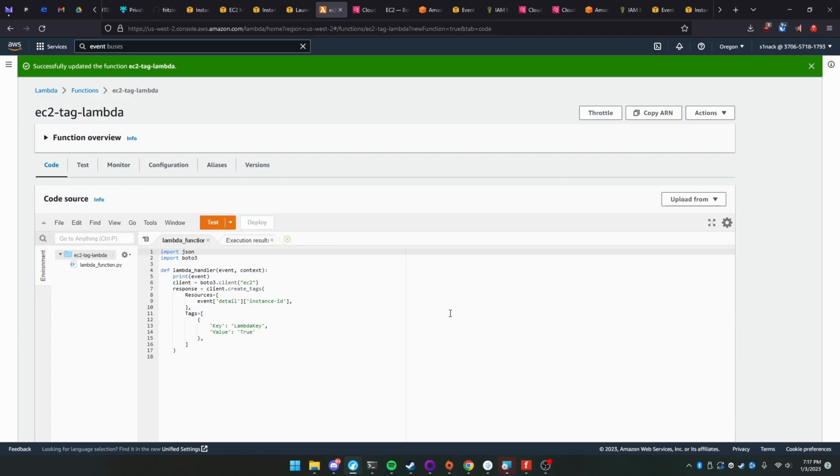Since I was a little limited on time, I couldn't go into a more in-depth discussion of how else to execute it. But yeah, this is just one way to trigger Lambdas. It's probably one of the most common ways, but it's a little bit more advanced to show in a demo. I think this demo is a good approach to Lambdas. But if you want to get into how else we can use Lambdas,